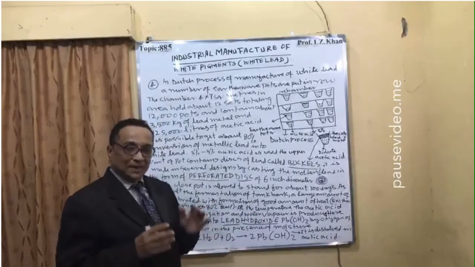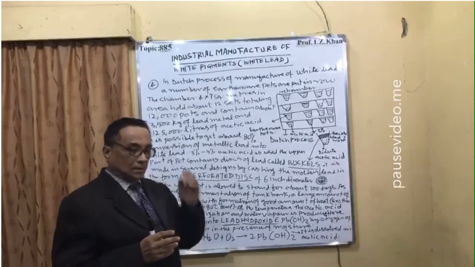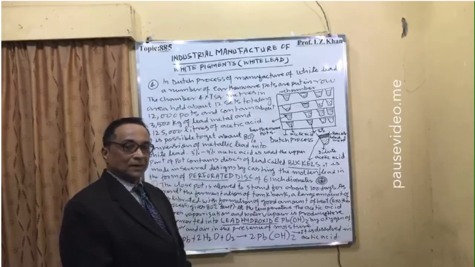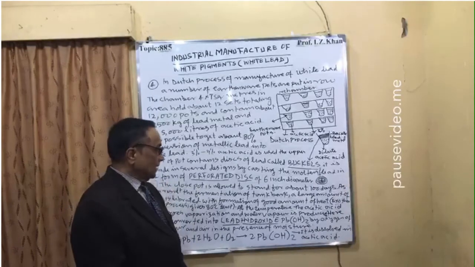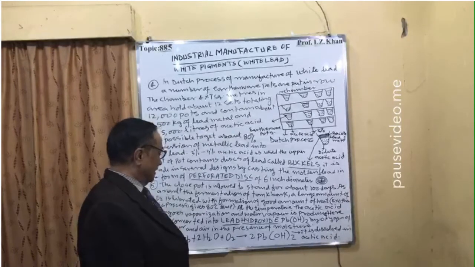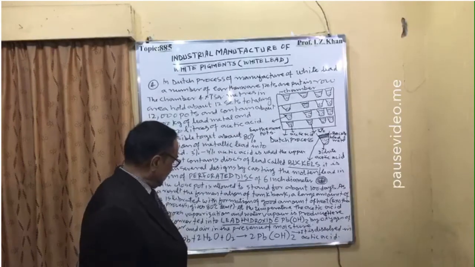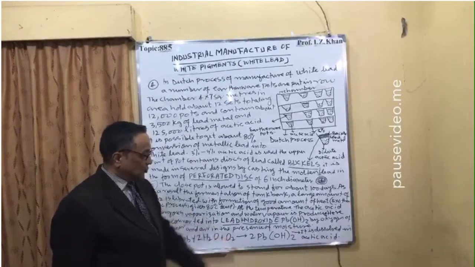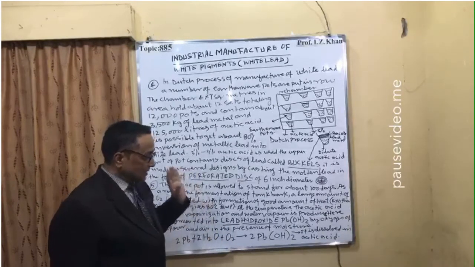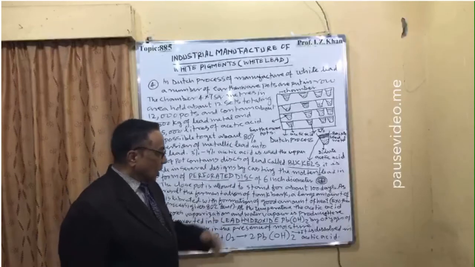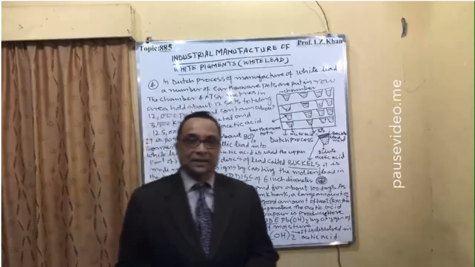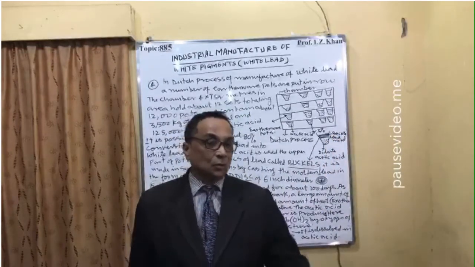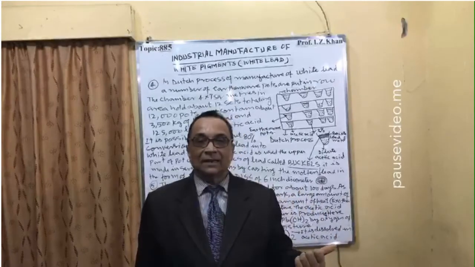So first your metallic lead, in the presence of air and acetic acid vapor, is converted into lead hydroxide by oxygen of the vapor and air in the presence of moisture. The reaction is given: 2Pb plus 2H2O plus O2 gives 2Pb(OH)2. Once it is converted, it is dissolved in acetic acid, and then further conversion will take place, and we will get some percentage of lead carbonate. Those reaction mechanisms I will be discussing in the next lecture.